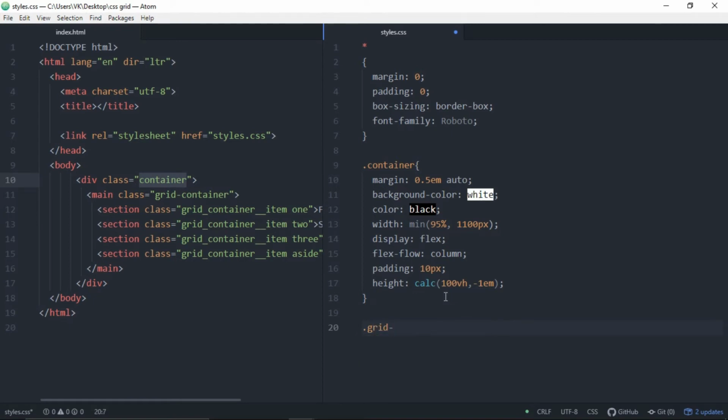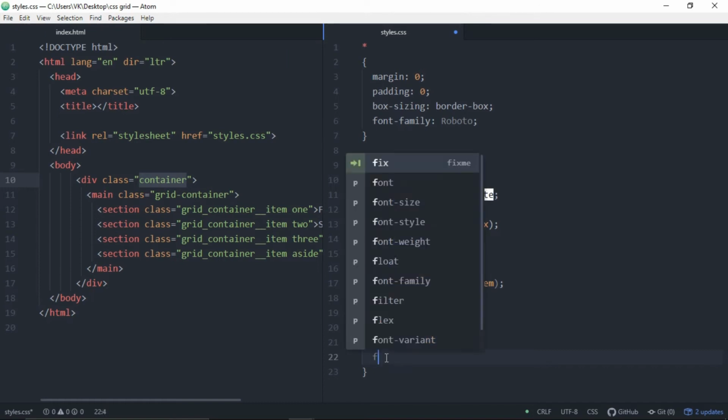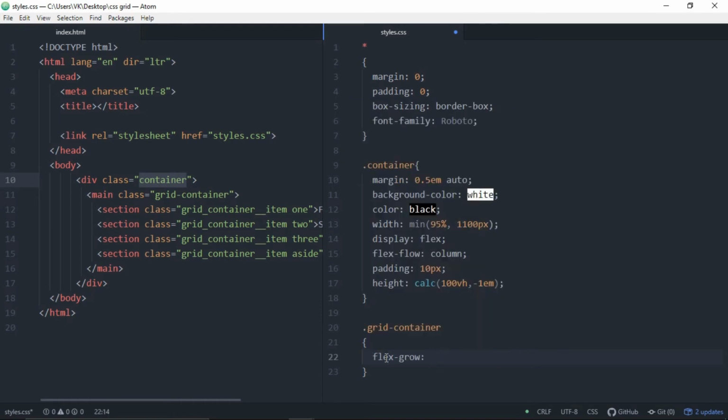Let's target this grid-container, which is the class of the main tag. So targeting this dot grid-container, now add curly braces and let's add flex-grow 1.